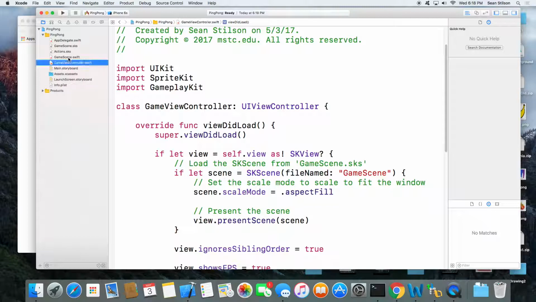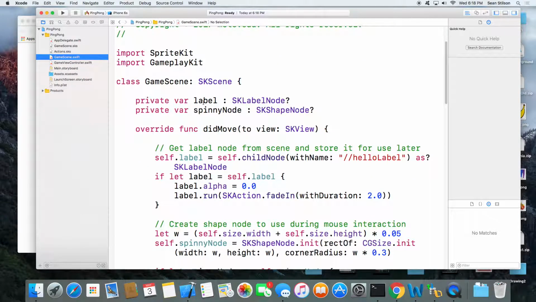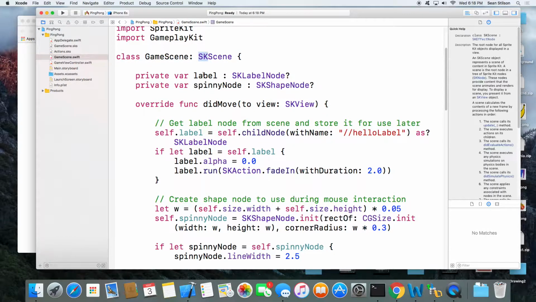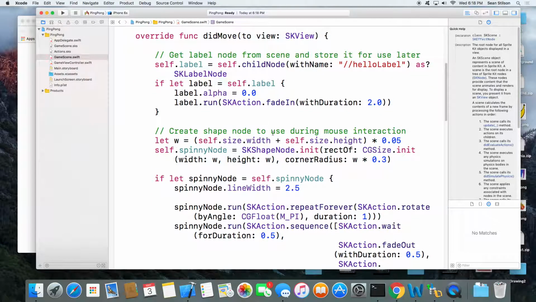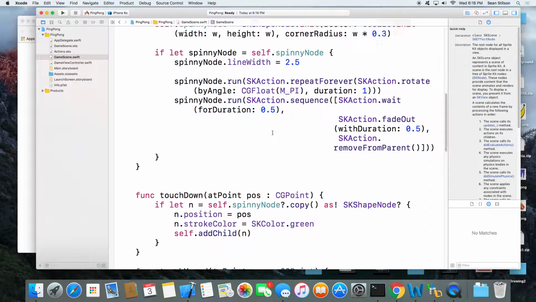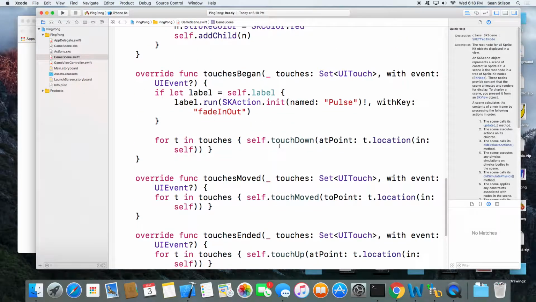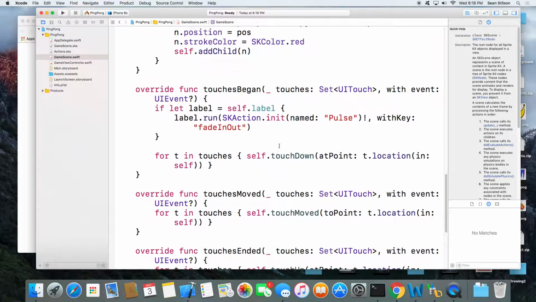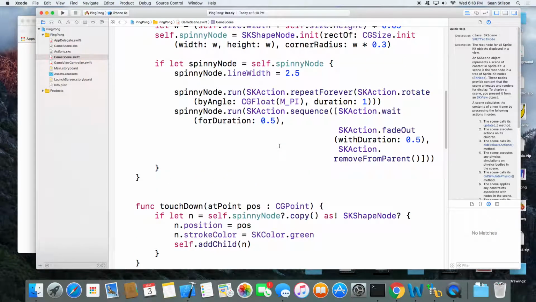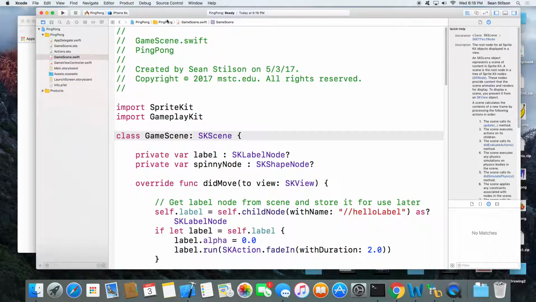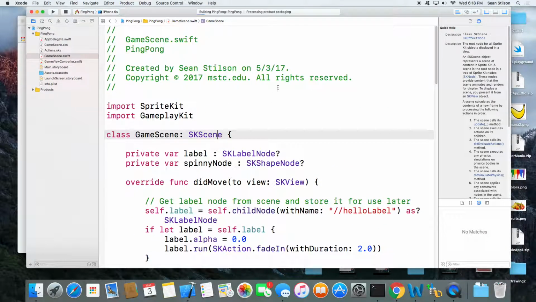Then you also notice there's a GameScene.swift file. This is what we're going to be working with primarily. This is the SKScene. So when you see in the view controller where it created the SKScene, that's this. This corresponds to the regular UIView, and this is its counterpart in the Sprite game world. And it's got a ton of boilerplate code here. We're going to remove all this stuff because we're going to write our own. This is just basic stuff to give you a little animation. So if you go ahead and run this, you can build it and run it. This might take even longer to load.